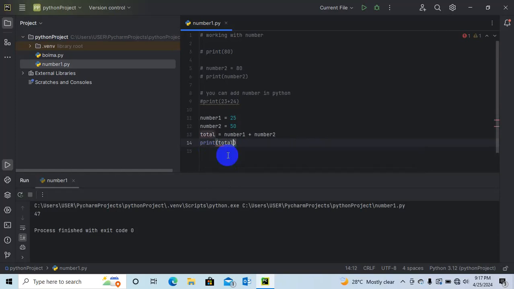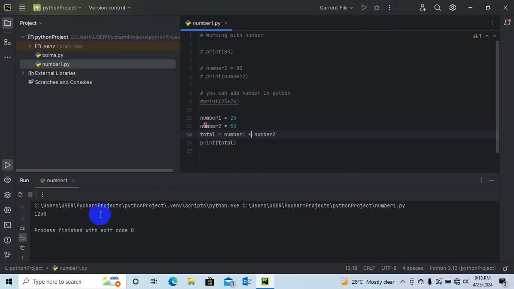So when finished, we can just press Ctrl S to save it, and we can run it. Remember, we're working in PyCharm. Okay, so it gave us 75. So the same thing can be applied. Let's move this from here and put multiplication. So Shift Control 8, and it will give us the multiplication sign.